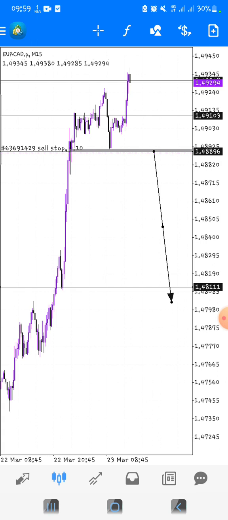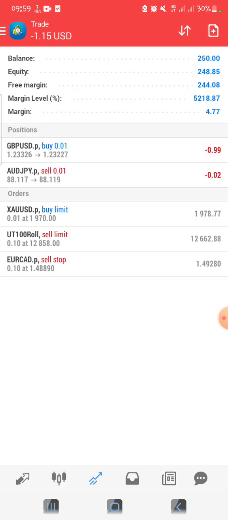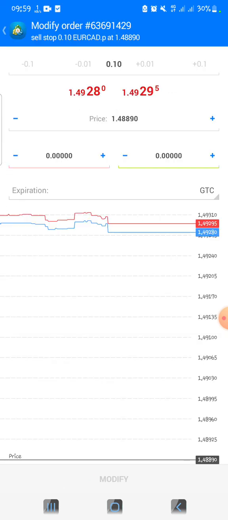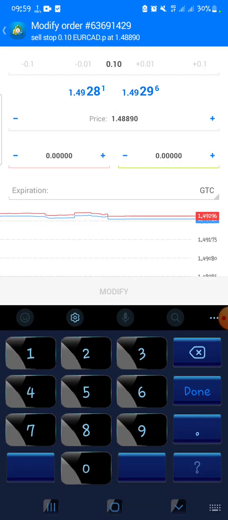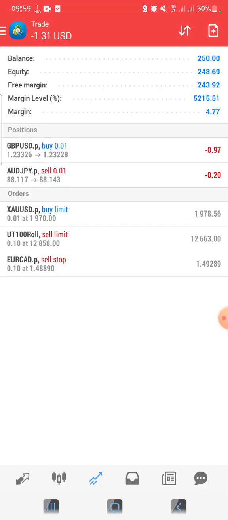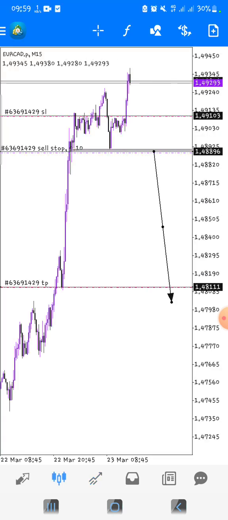Okay, and my stop loss and TP, let me show you how I edit them. Just modify the trade and place your TP or stop loss. So TP 1.4811, stop loss 1.4910. So TP is on the right hand side, this green tab over here, so 1.4811. My stop loss 1.4910. Yeah, so I modified like that, and when you go back to here, you can see,